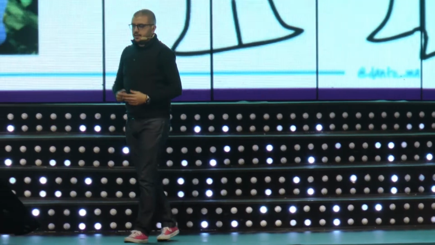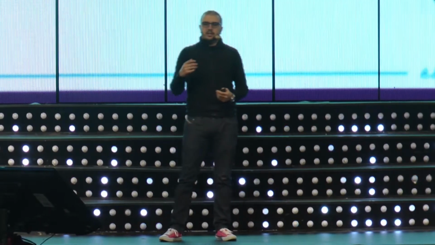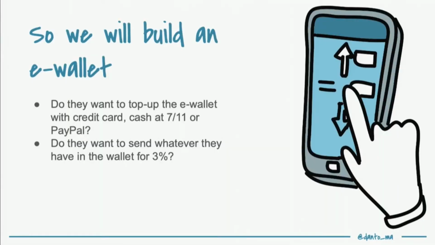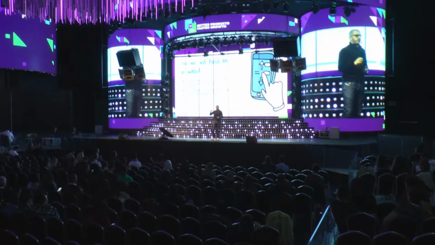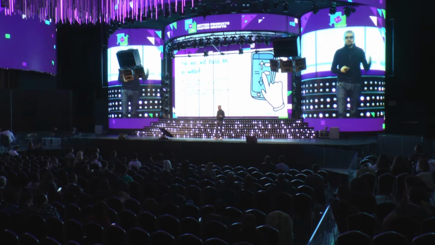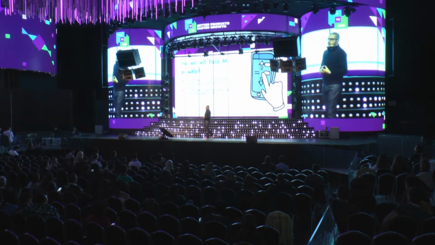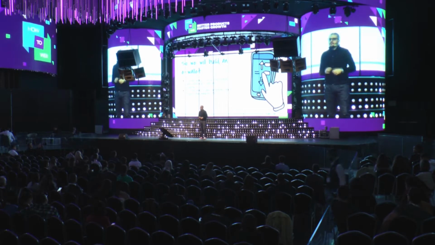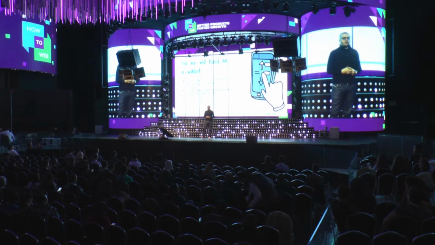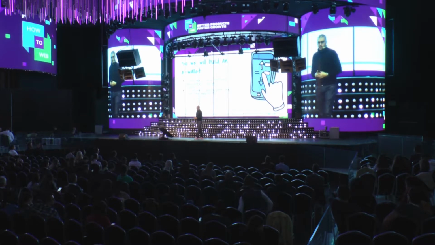We moved on to the next idea, and we said we're going to build a digital wallet, an e-wallet where people can put money and then send that money home in a cheaper, faster way, and probably even direct to a spouse or direct to a school or direct to an energy company. So the first thing we did was try to build a paper prototype, and then we were trying to see if people were topping up that particular account with money, if they were able to find that button, and how were they willing to do it?